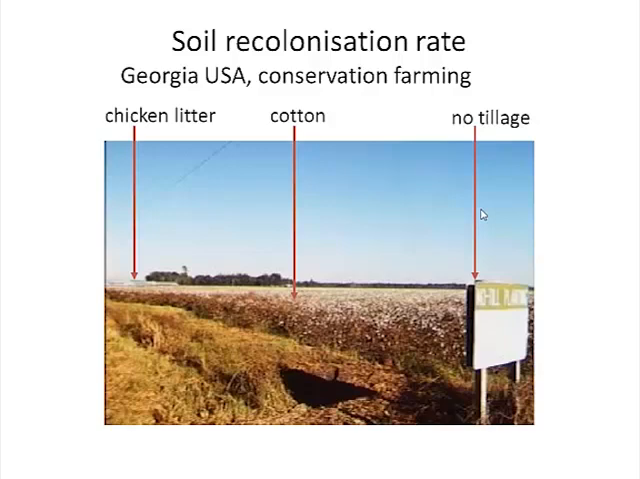We're looking at fields that had been in no tillage for various periods of time. So it was a chronosequence study. And what they were doing was no tillage cotton. And this is BT cotton. And they were getting chicken litter from the chicken operations and putting it on the soil as a source of organic matter